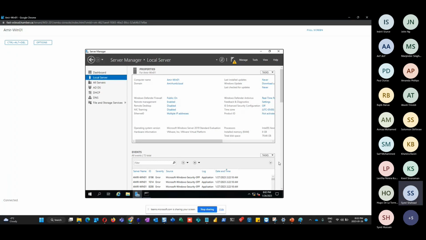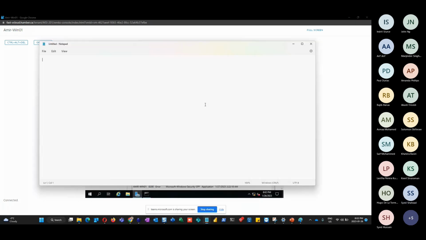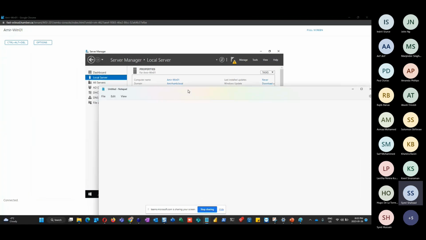So my machine name FQDN should be Amir-Win01.amirhum.local. This is what NSLOOKUP is supposed to return when I press enter, this fully qualified domain